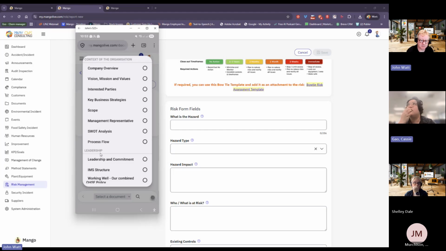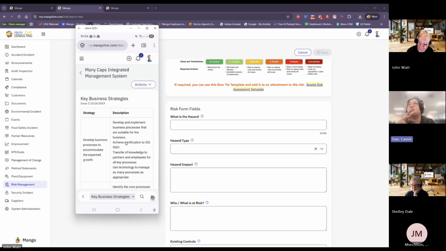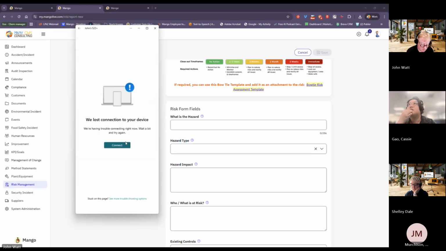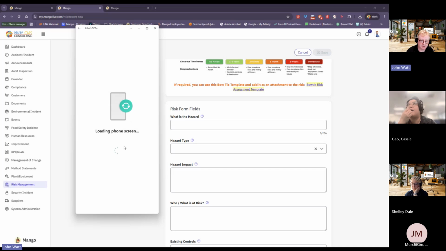Where's the search function if I want to search a document? If I go back, it's there. I don't know what's going on with my phone.